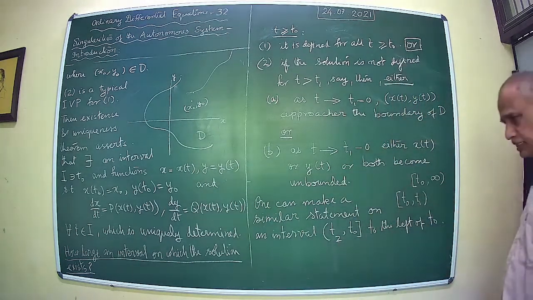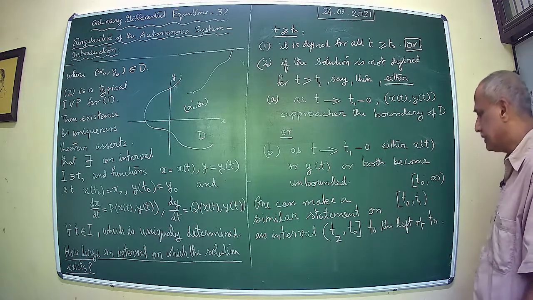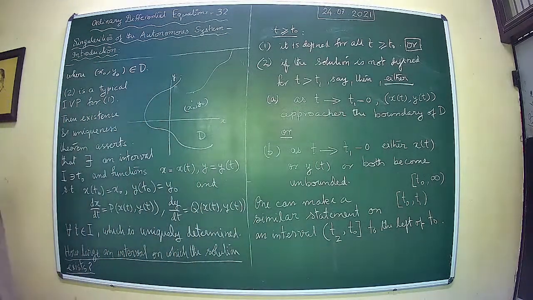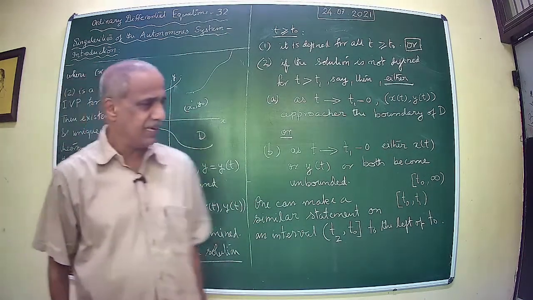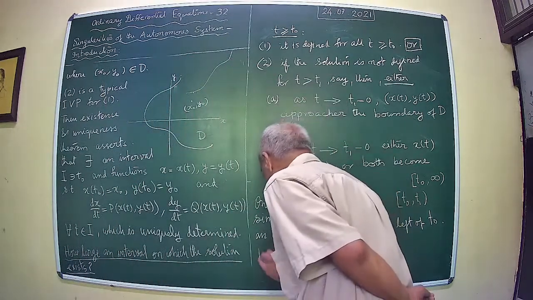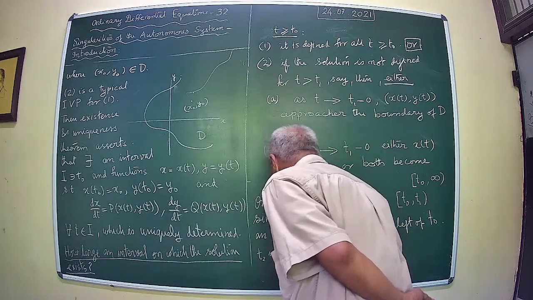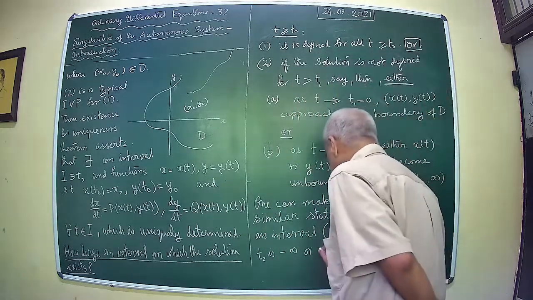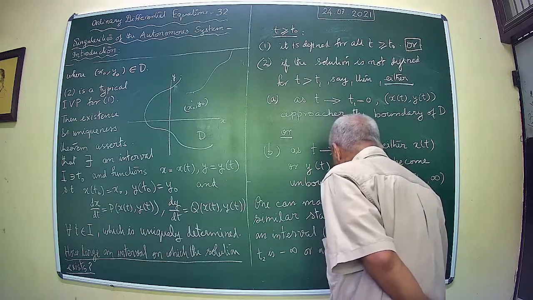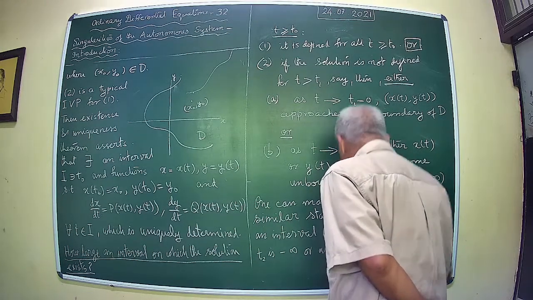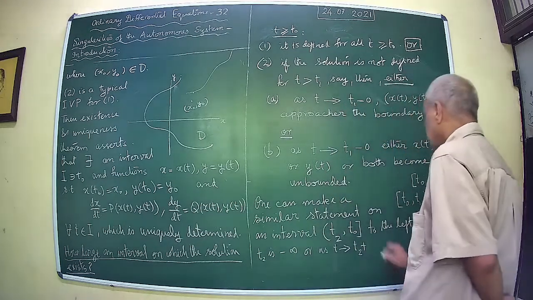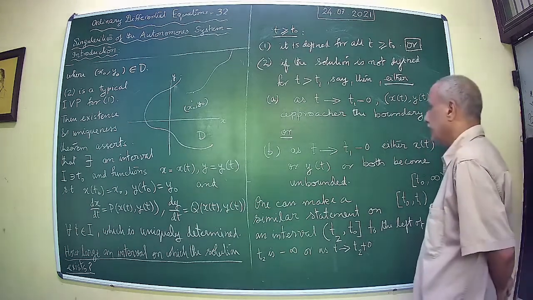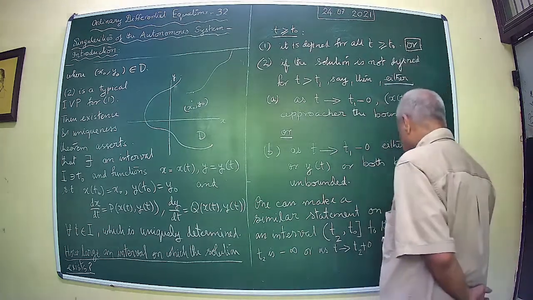What will be the corresponding statement? This t2 is minus infinity. Okay, that means the solution is defined for all values of t down to minus infinity, so t2 is minus infinity, or what you have is that as t tends to t2 plus 0, what you can assert is that (x(t), y(t)) approaches the boundary of D,